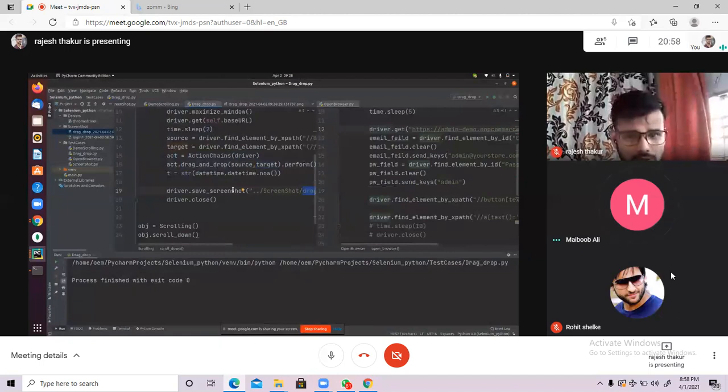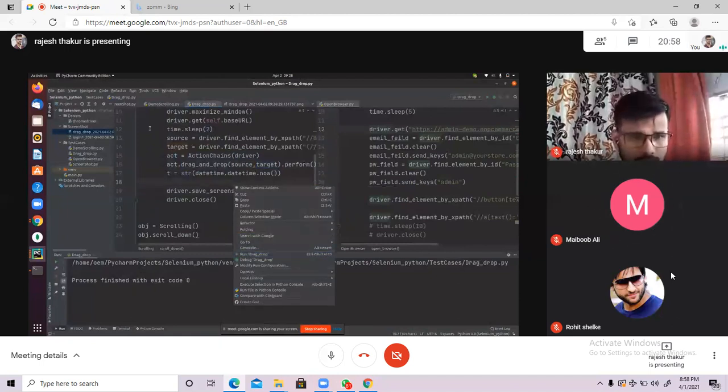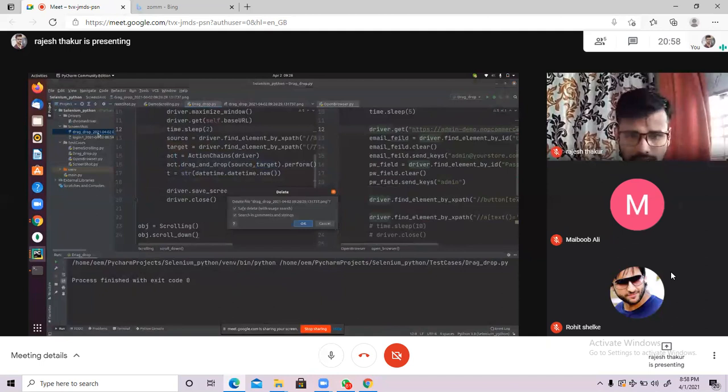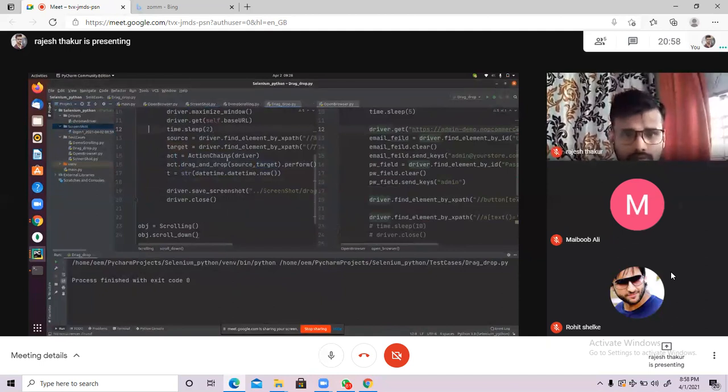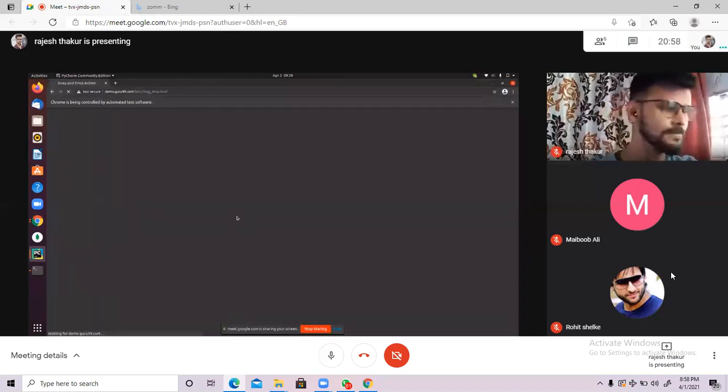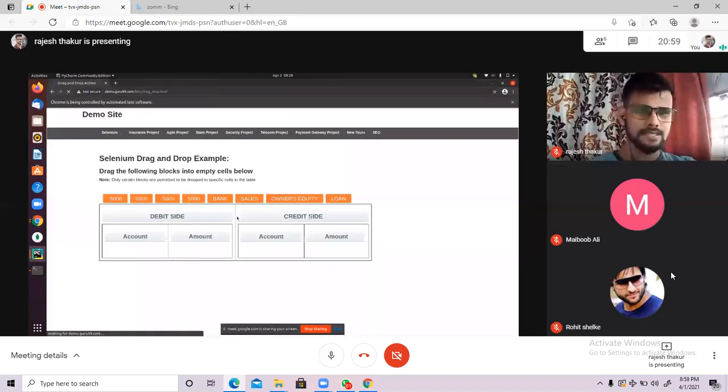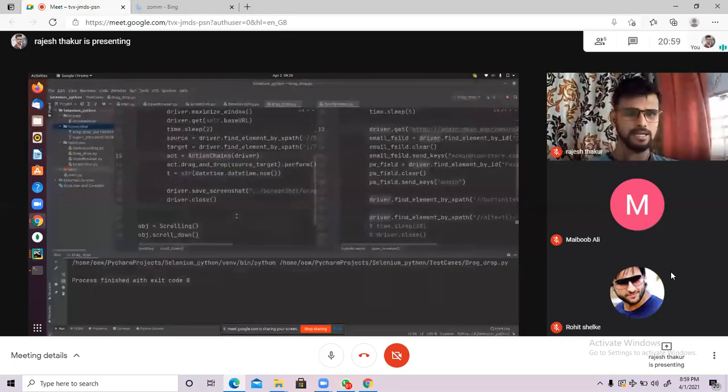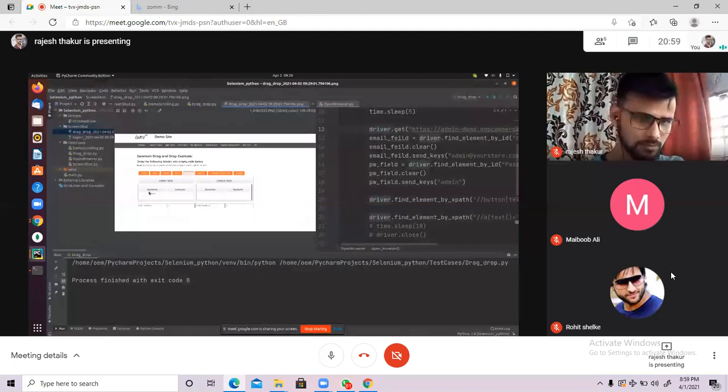If I try to execute, let me remove this file first so that I can show you. So run drag and drop. If I execute this, yes, launch, and then bank got picked up, and dragging and dropping happened. You can see the bank option came here. Similarly you can drag amount here, anything, you can take a source, take a target and do this, right? So this is all about drag and drop in keyboard and mouse related actions.